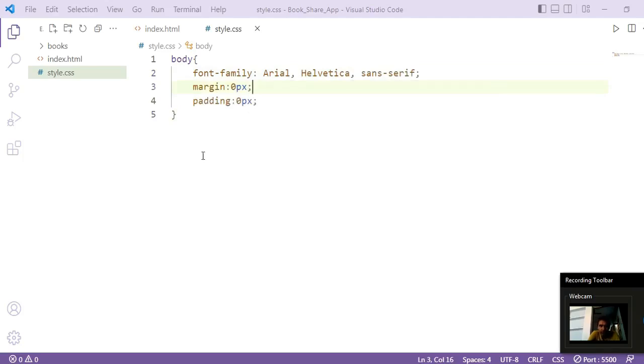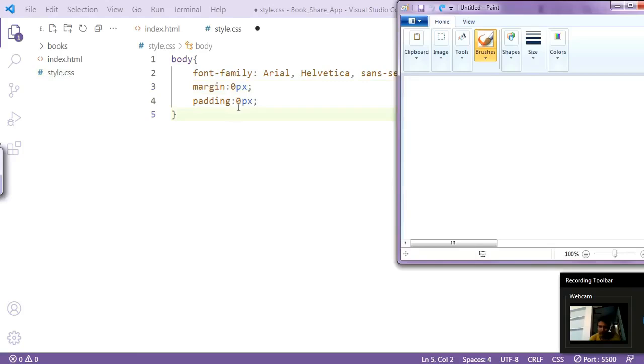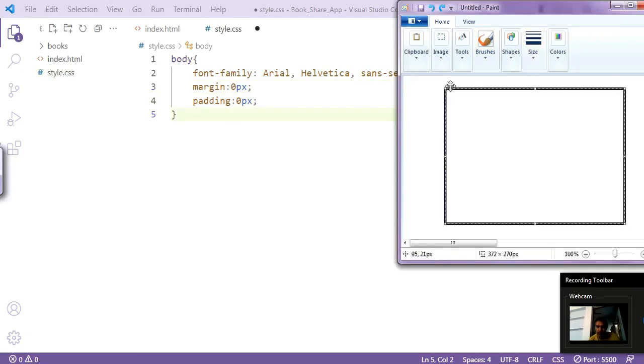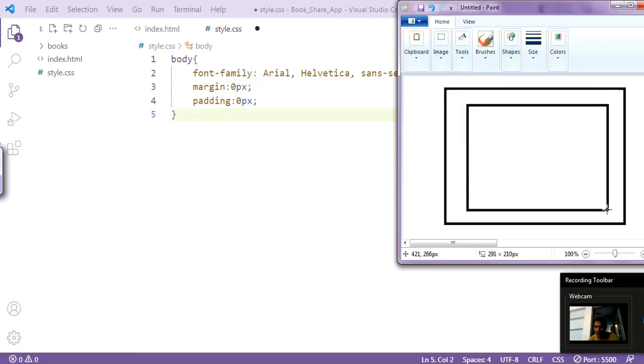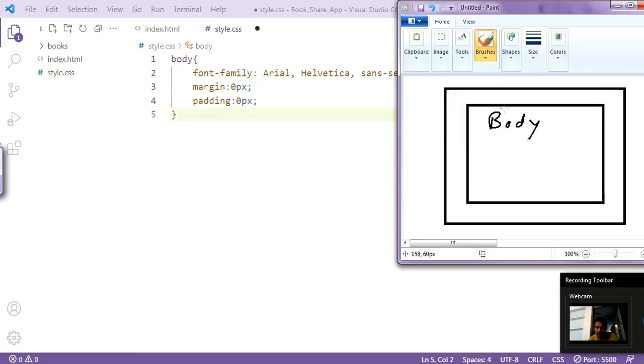Then there is your margin. So margin क्या होता है? So let us see what margin is. Many of you know this, but I am telling this for those who don't know. So suppose this is your HTML page, and this is your body. Now this body has a border also, you can see that. So this is the border and you can see this space. This space is the margin. I'm writing in short M. So space around the element border is called margin. इस border के बाहर जो space है वो margin है इस body के लिए.